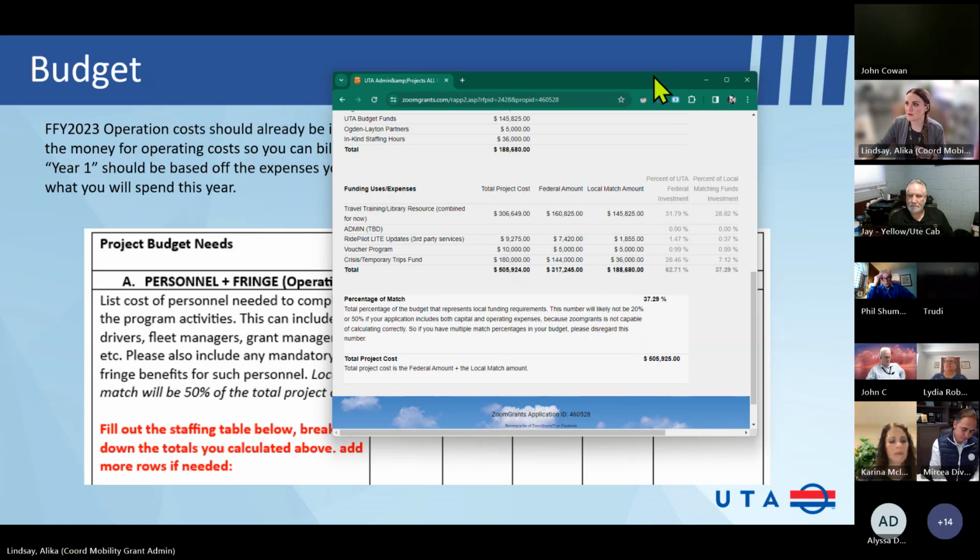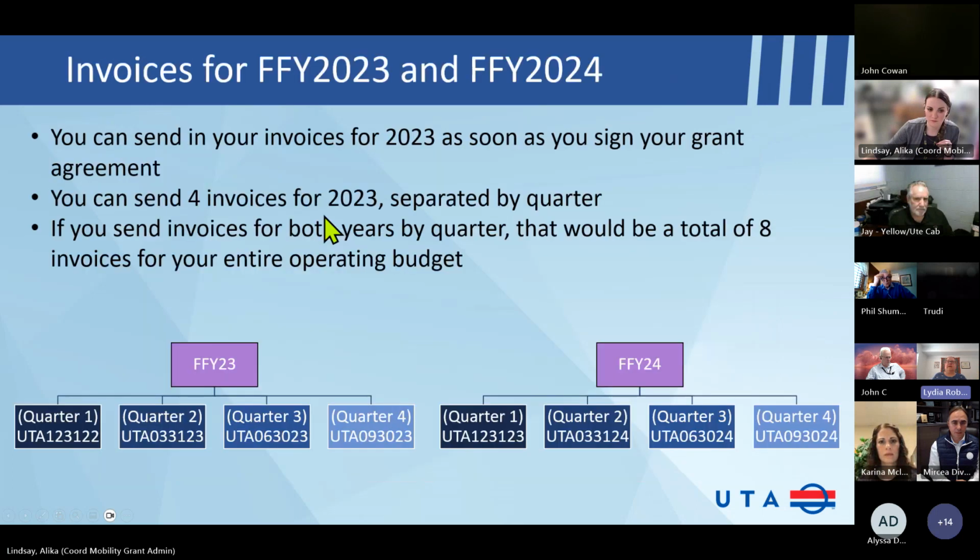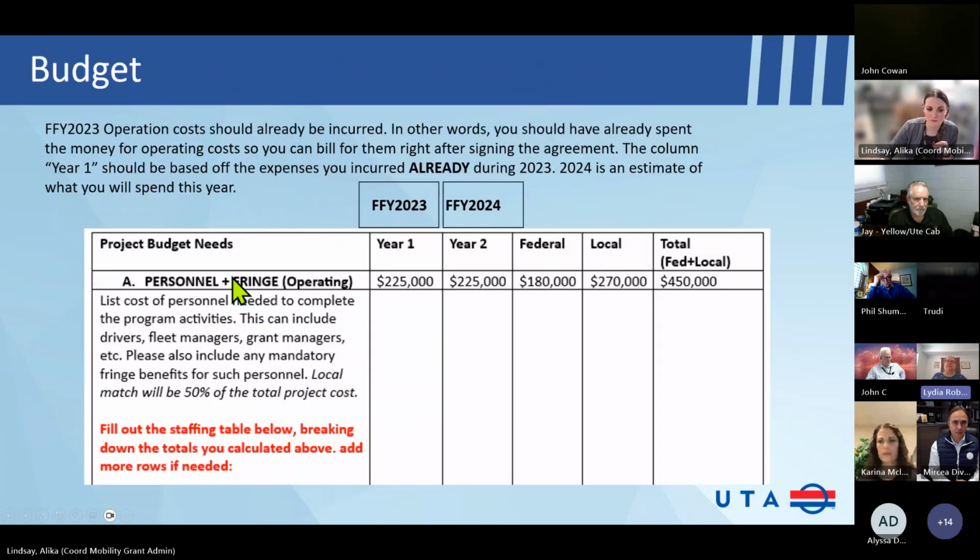Okay. So just to clarify, if we had written the grant saying we're asking for training and conference in both years, but we didn't actually spend the funds in fiscal year 2023, we just need to move everything to fiscal year 2024, because we have to have receipts dated fiscal year 2023 for reimbursement.